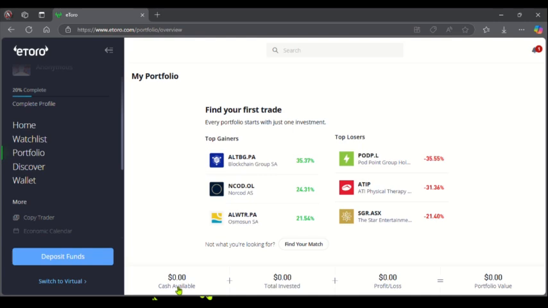So if you want to purchase any crypto, the first thing you have to do is add funds to your portfolio. Then from there you can now go to the discover option to purchase or to buy cryptos to your portfolio, and